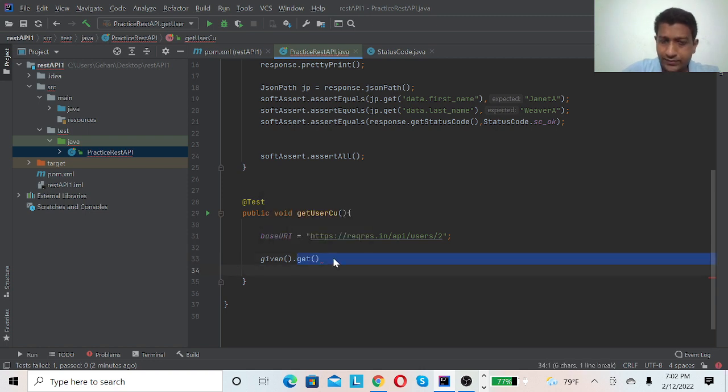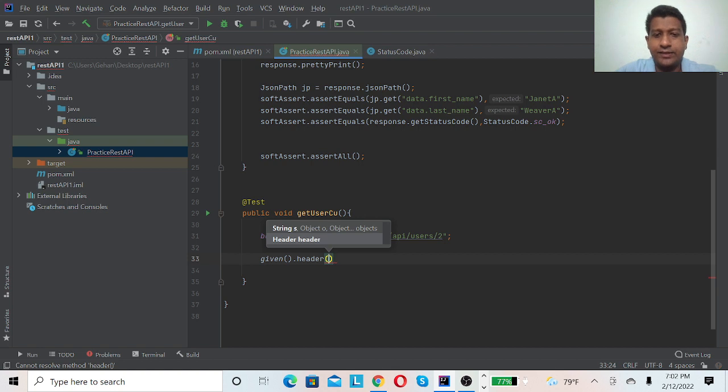First of all, under given you need to put the headers, if there are headers. Normally in REST APIs we have access tokens, content type and accept JSON, application JSON.